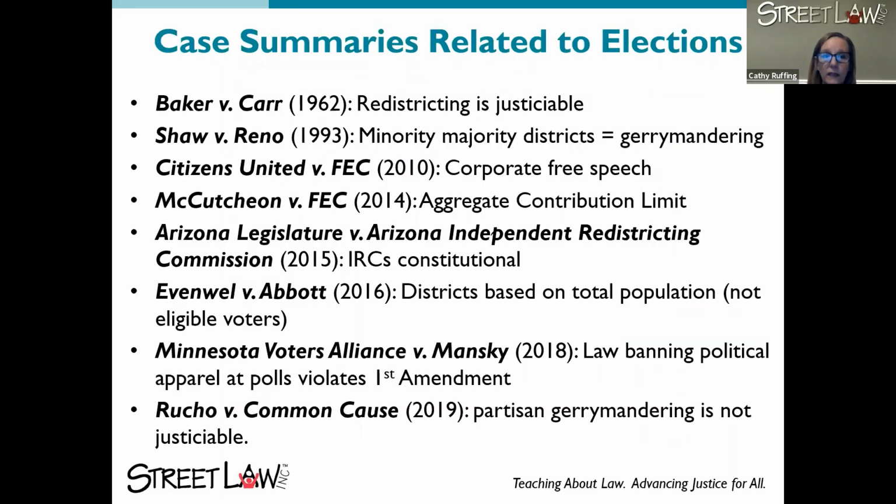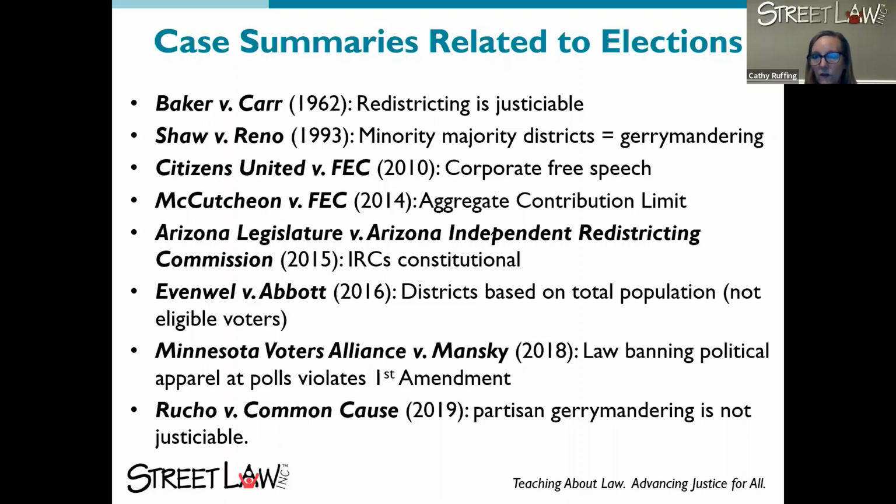This is just a sampling of the cases that we have for you on that Teaching About Elections website. There are many, many more. If you want to focus on some other aspect of elections other than the Electoral College, like some of the other ones that you saw in the word cloud, one of the things I noticed was campaign finance. On the website, these cases are organized in different categories: redistricting and gerrymandering, voting laws and polling places, campaign finance legislation, and then the Electoral College.